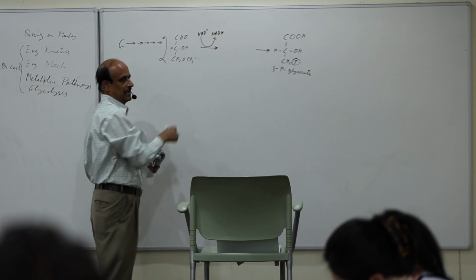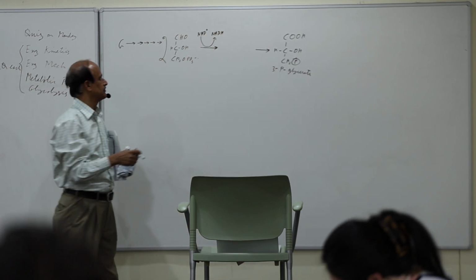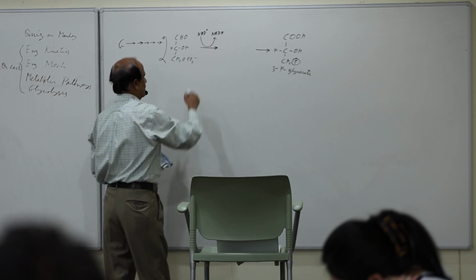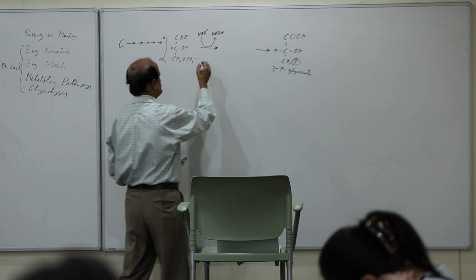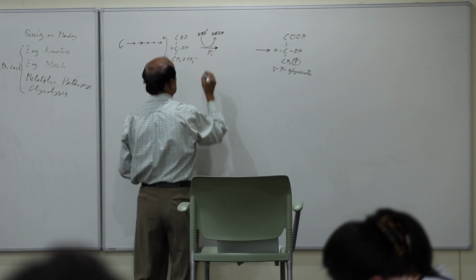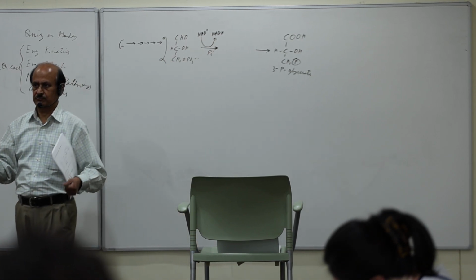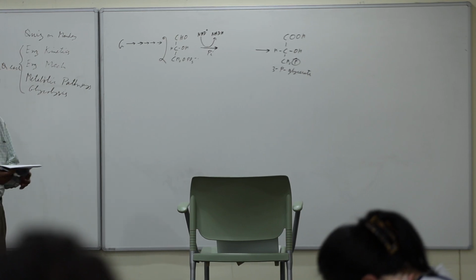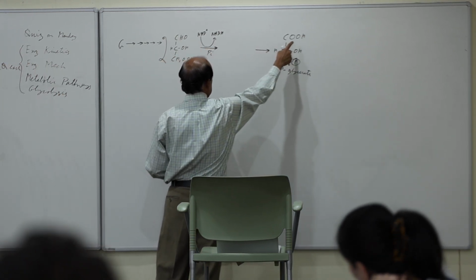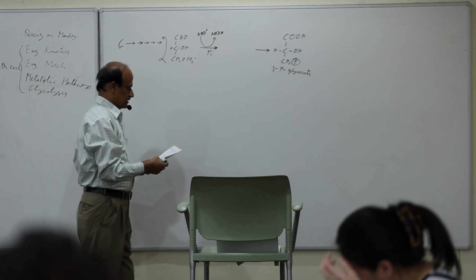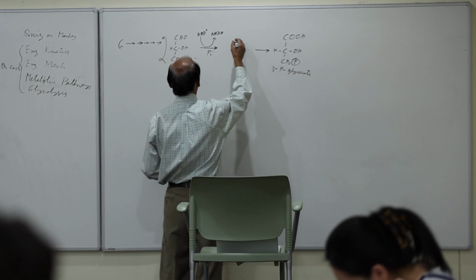So that's another reaction that happens at the same time. So when you oxidize that, that will release a lot of energy, and that energy is used to form a bond with inorganic phosphate. So phosphate ion in solution will be used to form a bond with this carbon. So instead of getting the carboxylic acid, you get